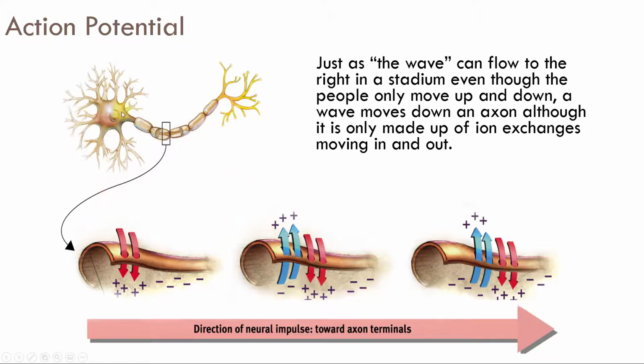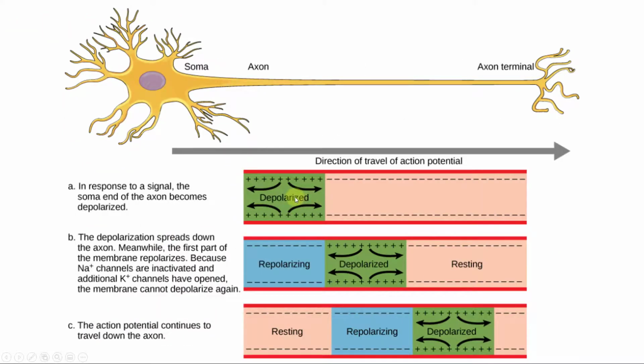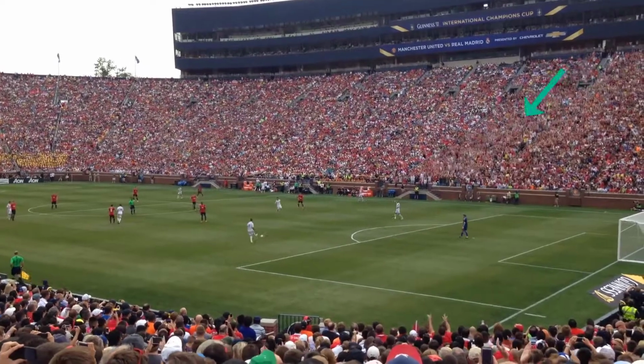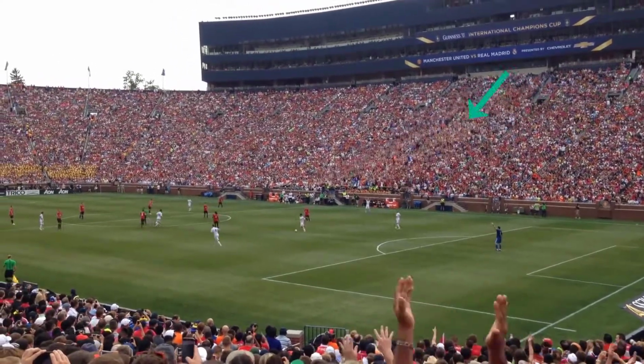And so you have this particular impulse, this action potential, and you can see it's like a wave of positive, negative, positive, and it's going all the way down, propagating down. So it's like this wave that's going down, this depolarization where it's positive, negative. So it's like an electric current, and it is kind of like a wave that you see at a sporting event. So if we look at this wave here,